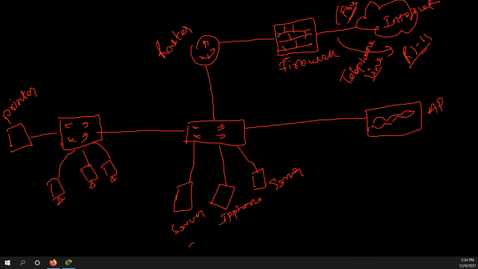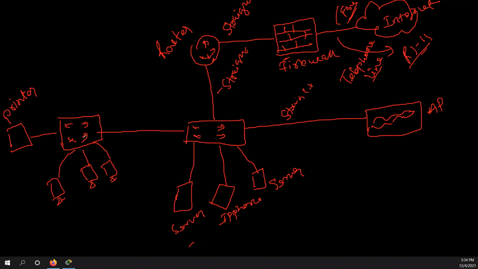Now from the firewall to our router, this is our own cabling, so we can say which cable we will use. So here you can tell me which cable. Straight. Yeah, because they are different devices, and between different devices we use straight. Here, straight. Correct. Here in between this AP and this switch, it's straight.